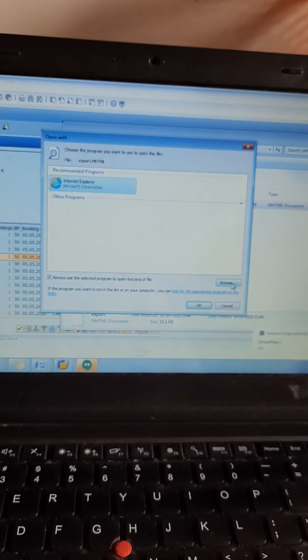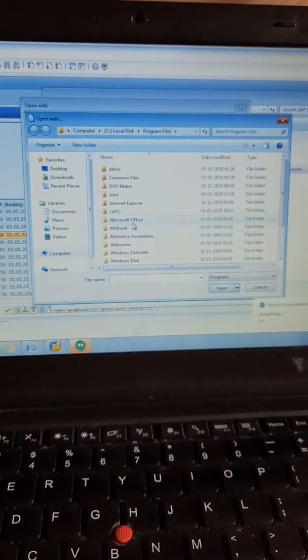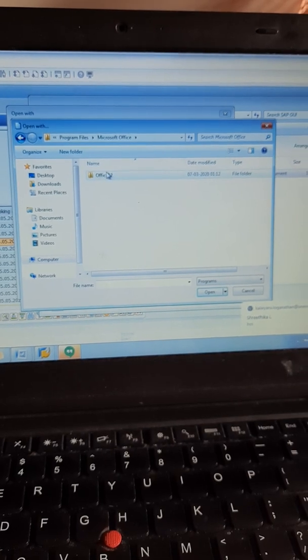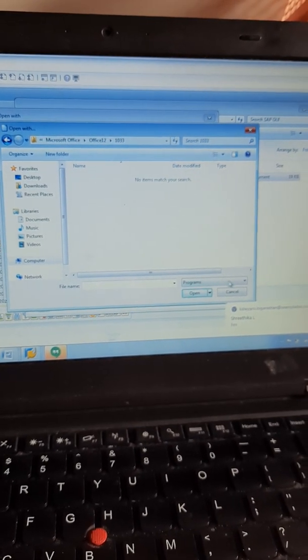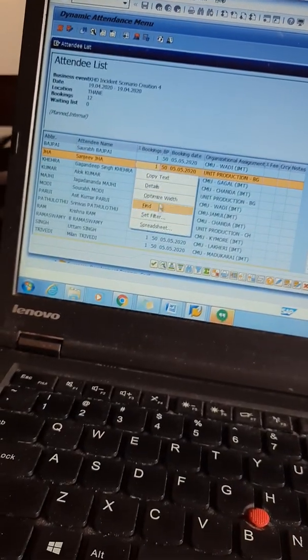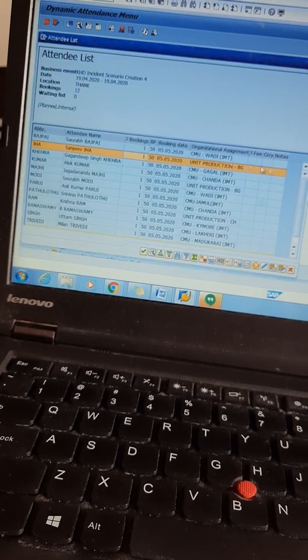See, if you are getting this kind of an error, what I would suggest is right click again here, click on spreadsheet, click on this.